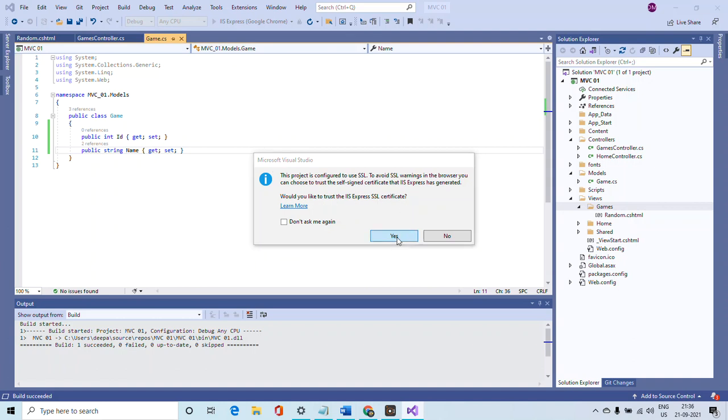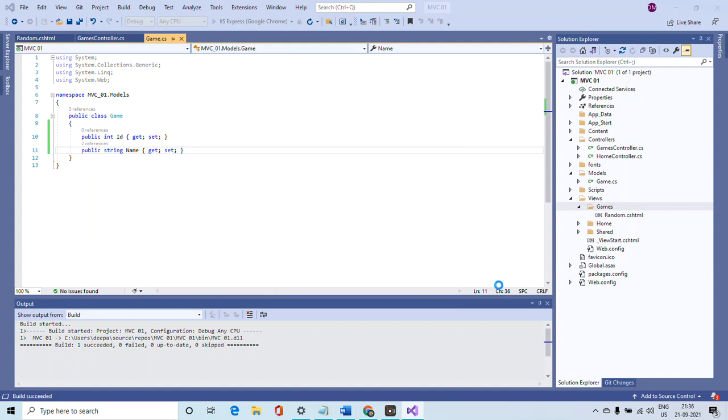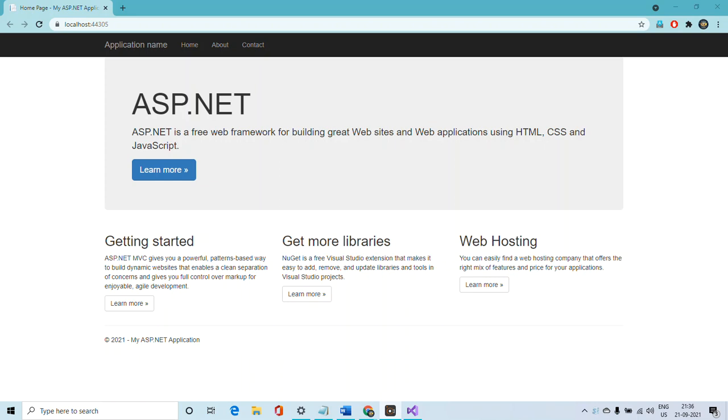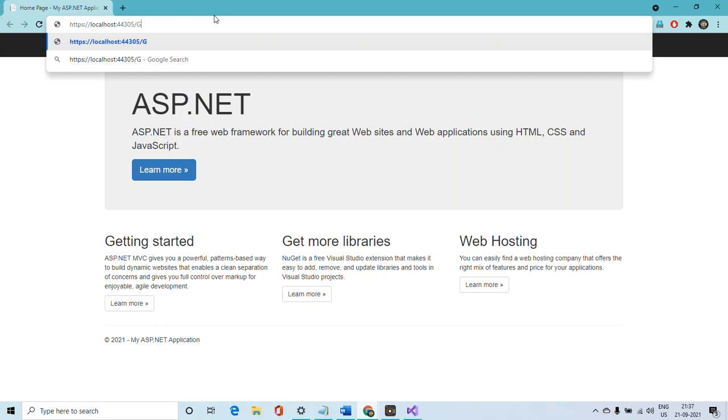Would you like to press the IIS? So what you need to do here, define your URL,